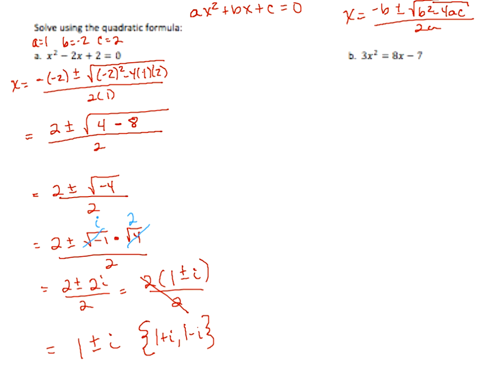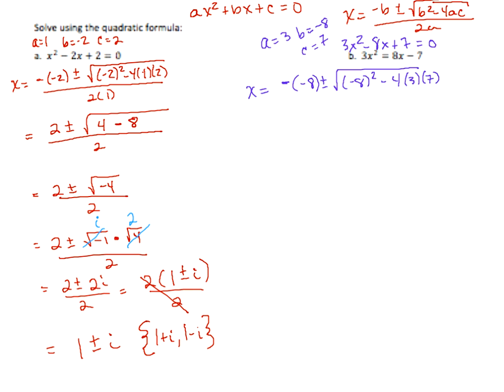All right, so this last one, let me change colors so it doesn't run together. I need to get it into standard form. So I'm going to subtract 8x and add 7, and I'll end up with 3x squared minus 8x plus 7 equals 0. So that means A is 3, B is -8, and C is 7. X equals the opposite of B plus or minus the square root of B squared minus 4AC over 2A,